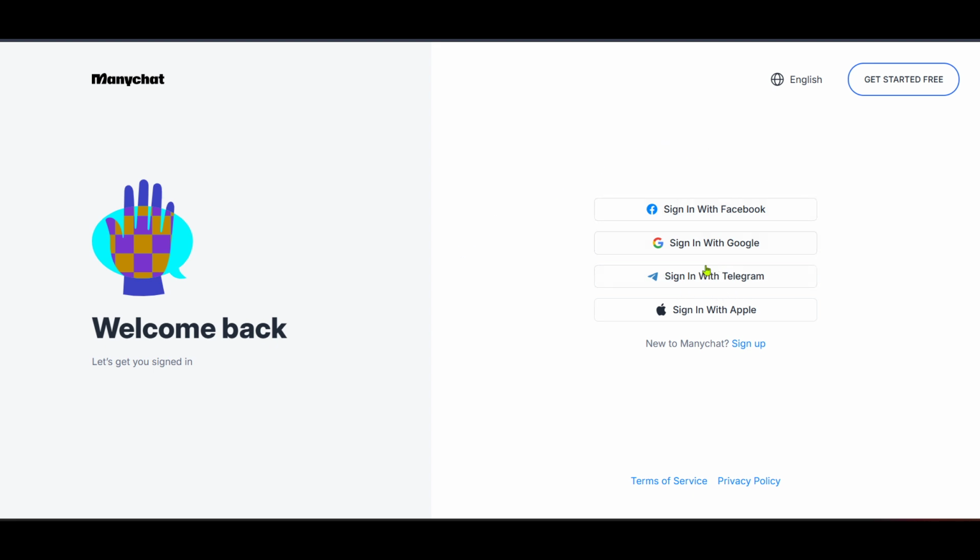At this point, it's important to mention that if you initially signed up for Manychat using platforms like Facebook or Google, then you won't have a password specifically for Manychat. That's because your login credentials are managed by the respective service you used to register. So in such cases, if you need to change your password, you will need to do it through Facebook or Google, depending on which service you used. This is an important consideration because attempting to change a Manychat password directly won't be possible if you've signed up